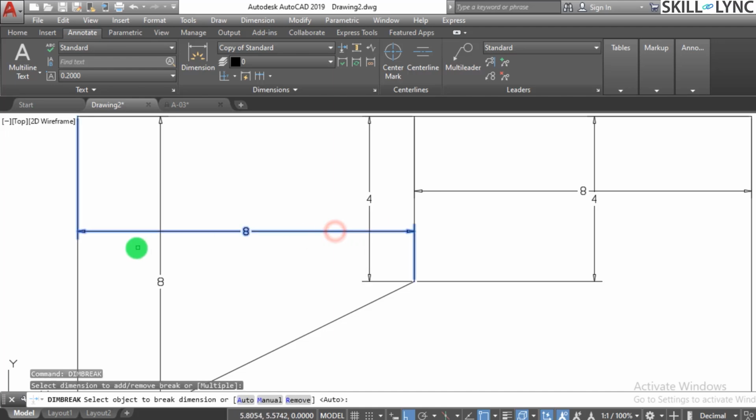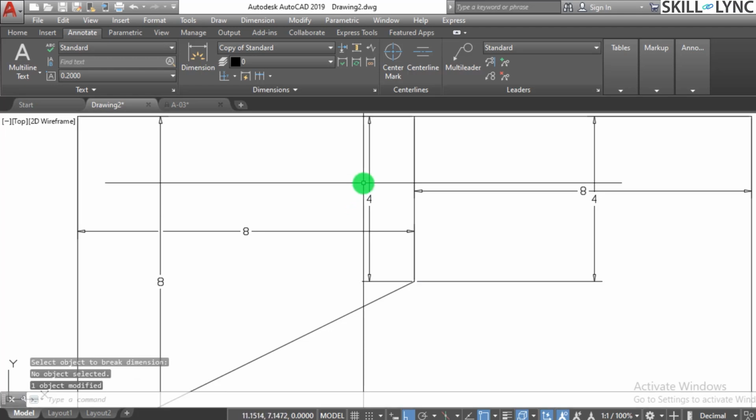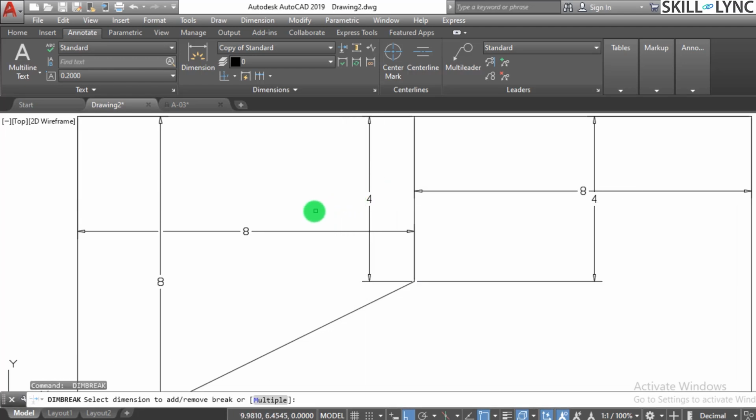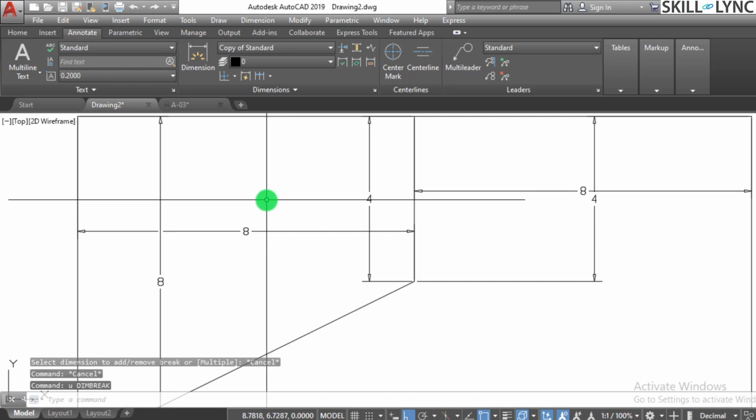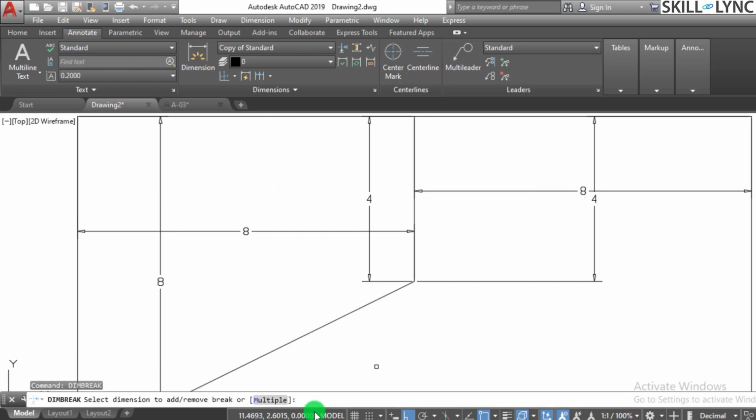I selected this dimension and select object to break the dimension. So I click in over here, I click in over here. So now it is not showing, but if I have this option called multiple, I select the multiple option and select the dimension, and if I select this part, so you can see that